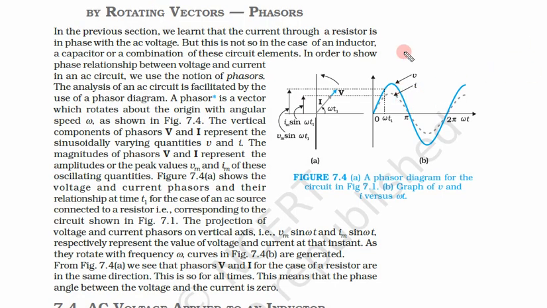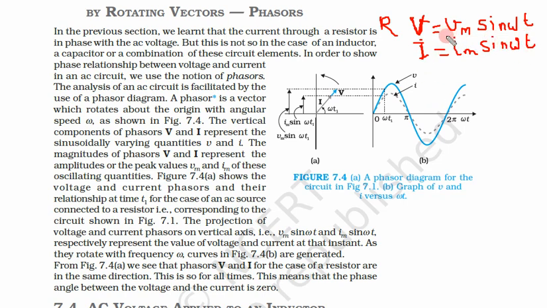First thing, we have this equation: V is equal to Vm sine omega t. For a resistor, I is equal to, let me put capital I, this is capital V. That means these are RMS values. So V is equal to Vm sine omega t, and I is equal to Im sine omega t. Let me take Vm and Im as vectors. So this is the magnitude of Vm maximum and this is the magnitude of Im.